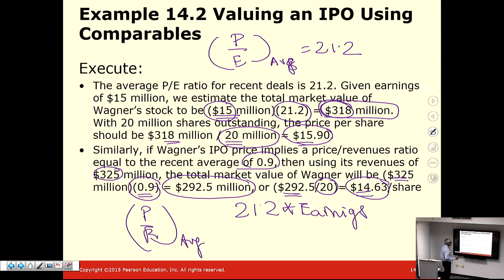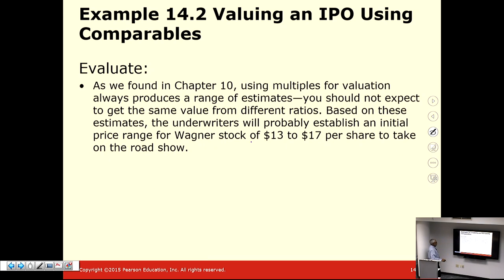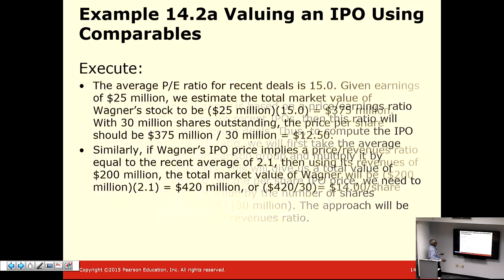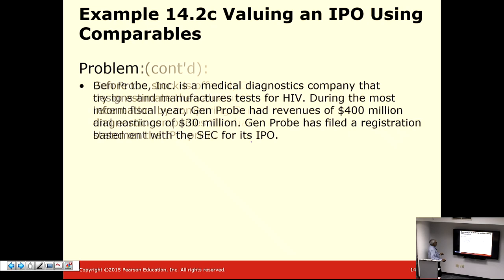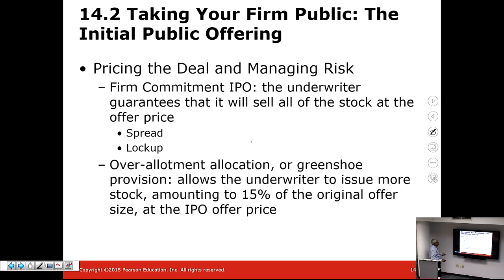So again, to recap, two-step process. Number one, figure out the PE average or the price to revenue average for the industry, and then multiply it by either the earnings or, in this case, revenue, and then divide that by the number of shares outstanding to create those numbers on a per share basis. Okay, so you can review a very similar problem like this, how to use the comparables to calculate your initial